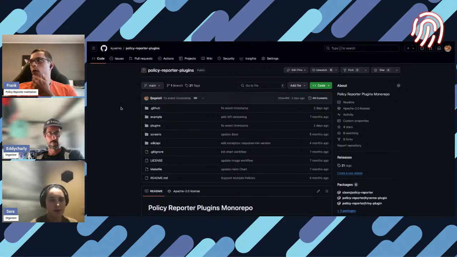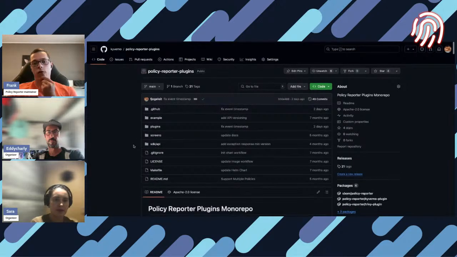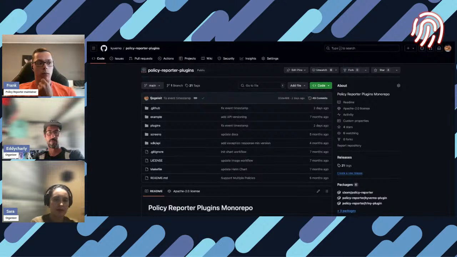This was also the intention, or the initial idea, of the UI: that it's an alternative to a complete monitoring stack. So in the first versions, as I mentioned, only metrics were available, where you need some kind of Prometheus, Grafana, and so on to visualize them. But a Grafana stack needs a lot of resources, also together with Prometheus to run in. And if you want to experiment with Kyverno, for example, and you want to use Policy Reporter to just get an overview or a UI for your policies, then you need a lot of setup in your local test cluster